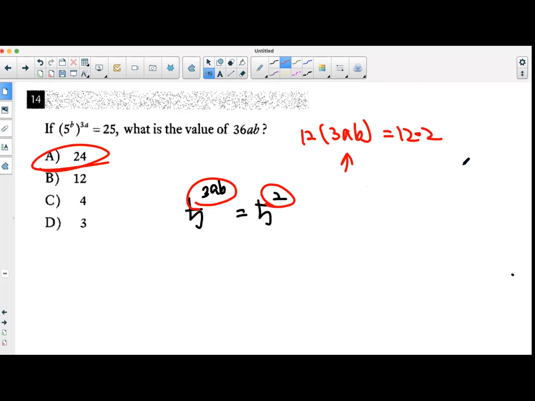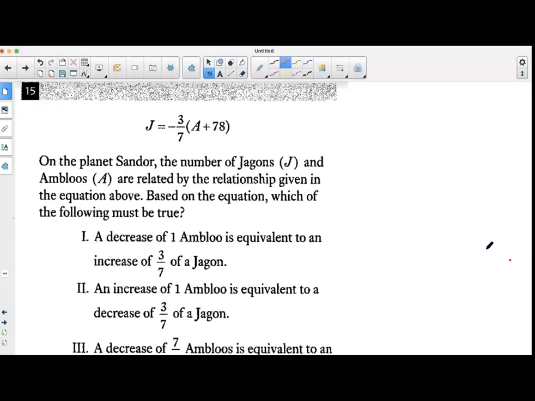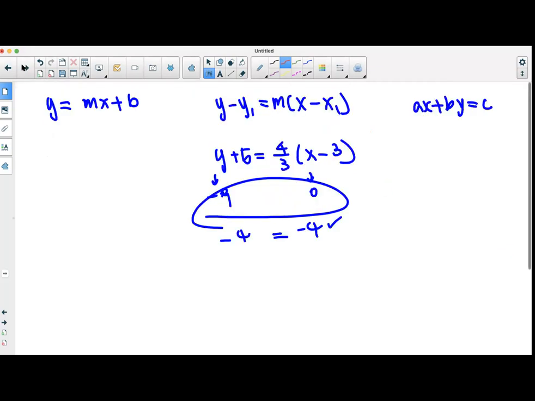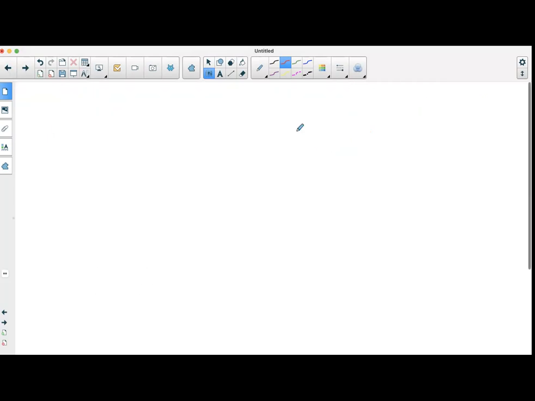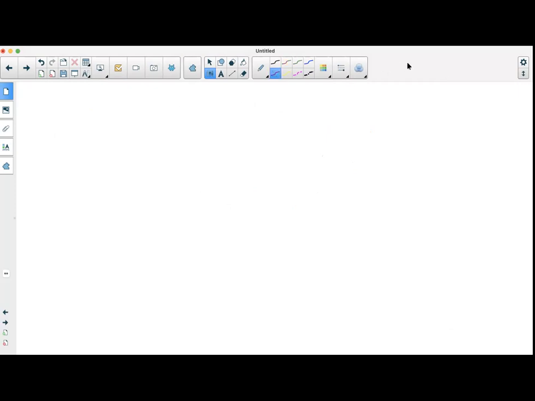All right. Now, number 15. Number 15 is also a very good question. It relates to what we are about to do today in terms of linear functions. One thing that I'm going to tell you is this. If I have slope,